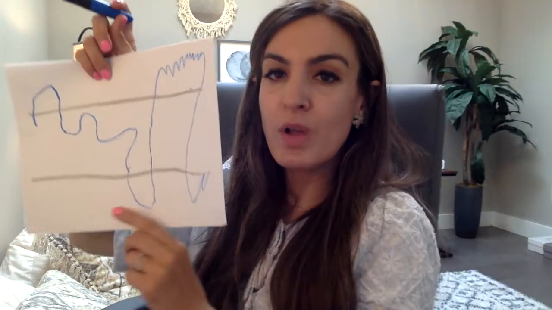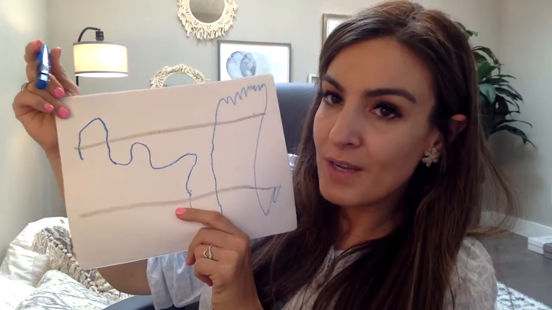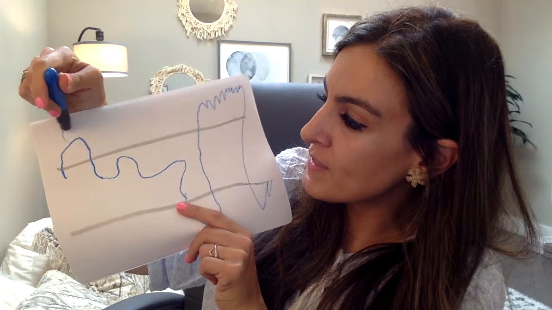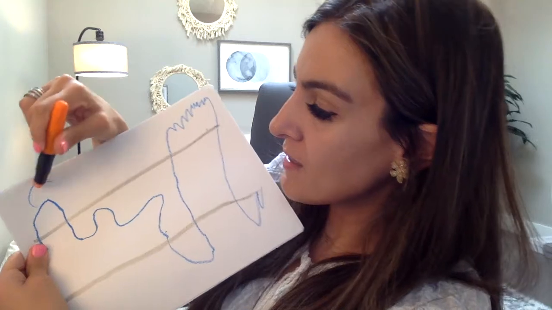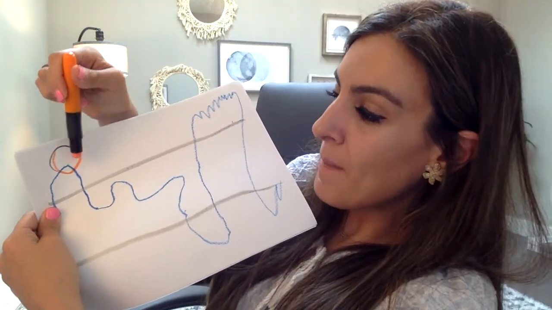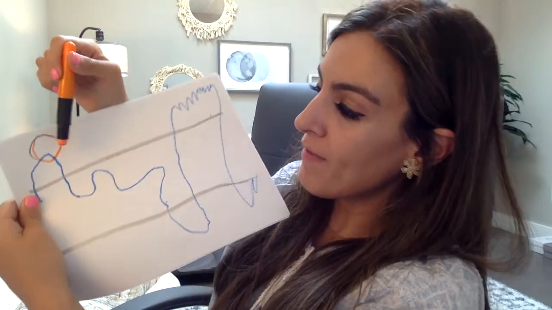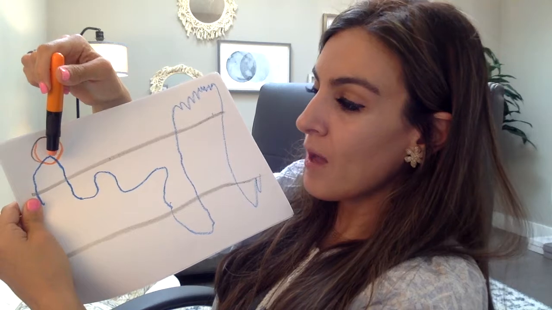Okay? So when you look at this, this is just an example. When you look at this, what I'm going to get very curious about is what's causing the anxiety here. So this could be kind of like, let me choose a different color pen. So this could be like, let me look at what's going on in the mornings that's causing this person so much anxiety, right? And I might use that for a target in EMDR or for trauma work or even just the goal in therapy of